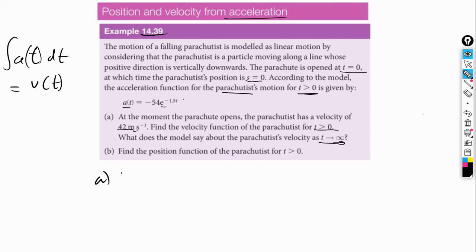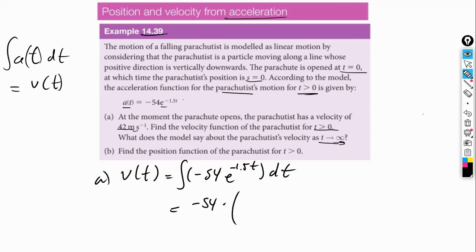Okay, so to find the velocity, again, we need to integrate the acceleration. So we have to integrate minus 54 e to the power of negative 1.5 t. And this is a pretty straightforward integration. We know that this is going to be negative 54 times, because we need the derivative as well to do the u substitution, that means that we also need to include 1 over minus 1.5. And this times Euler's number to the power of minus 1.5t plus c. And then from here, we are going to get 36 times e to the power of minus 1.5t